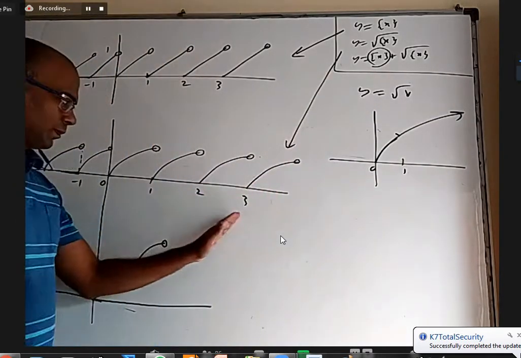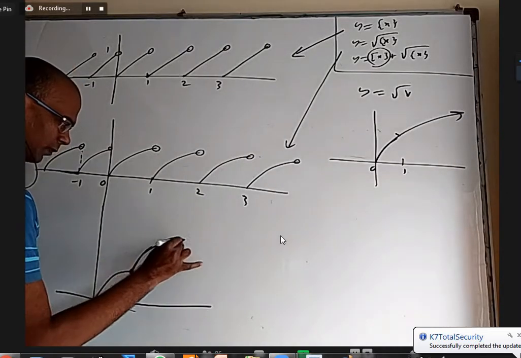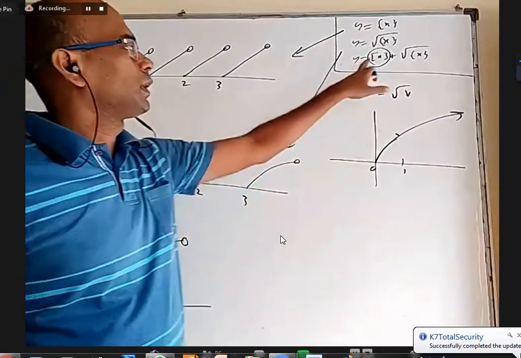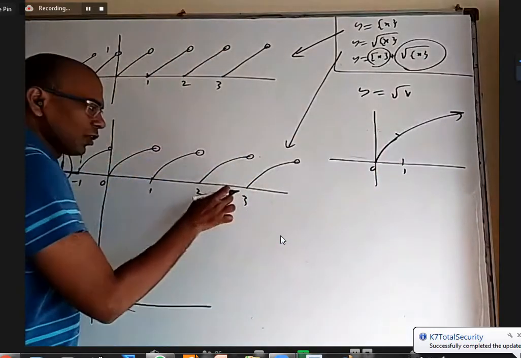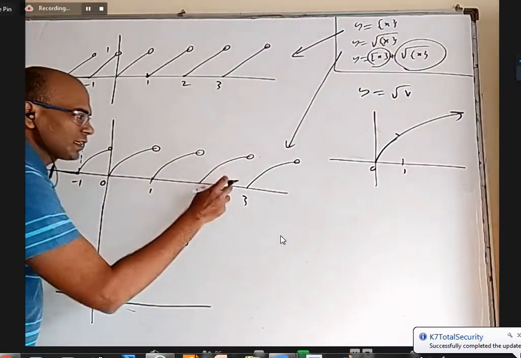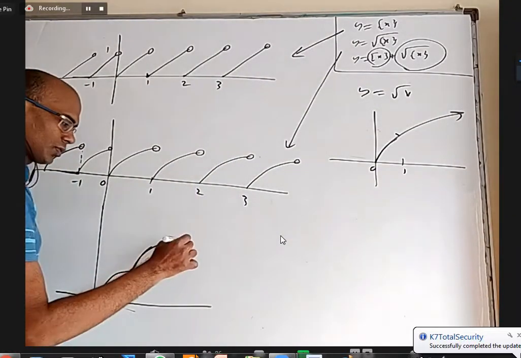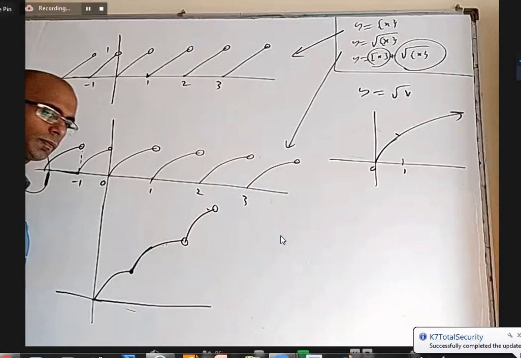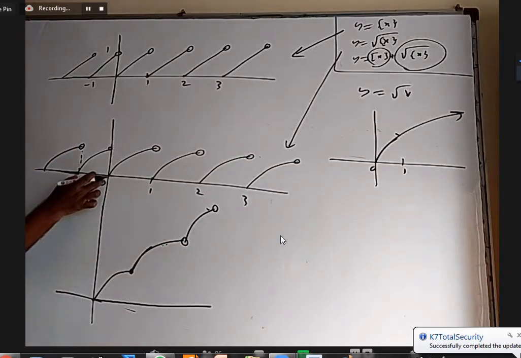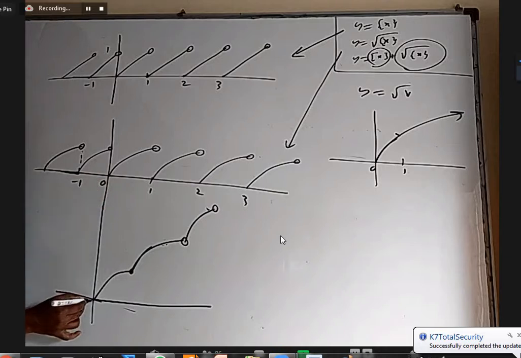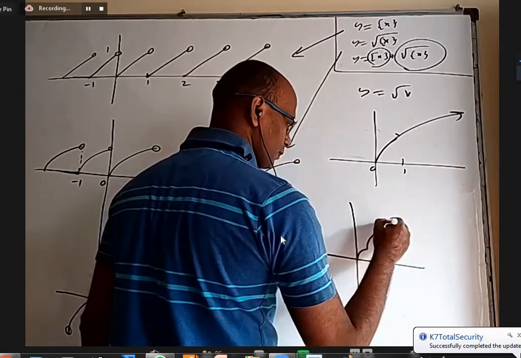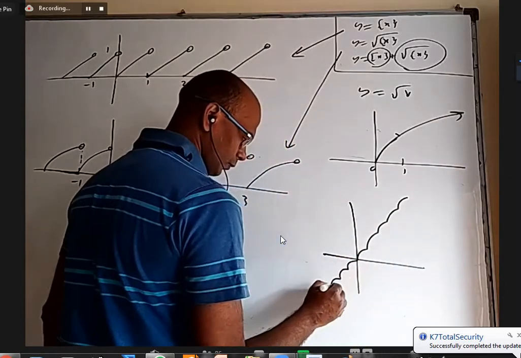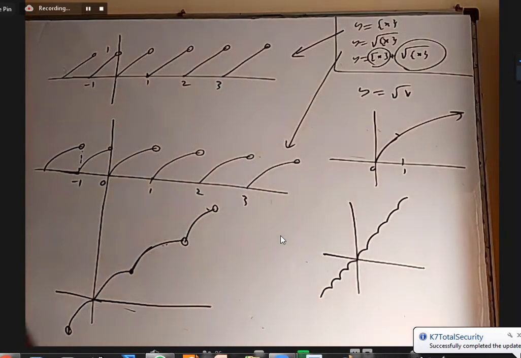Next, between 2 and 3, the integer part of x value is 2. So I have to take the root fractional part of x piece and move it upward by 2 units. When I select this and move upward by 2 units, it will come exactly here because this height is 2 units. Even downward it will come, because I have to decrease this by 1 unit, it will come down and perfectly join here. Minus 1 means coming down by 1 unit. So if you see it carefully, it will be like this.